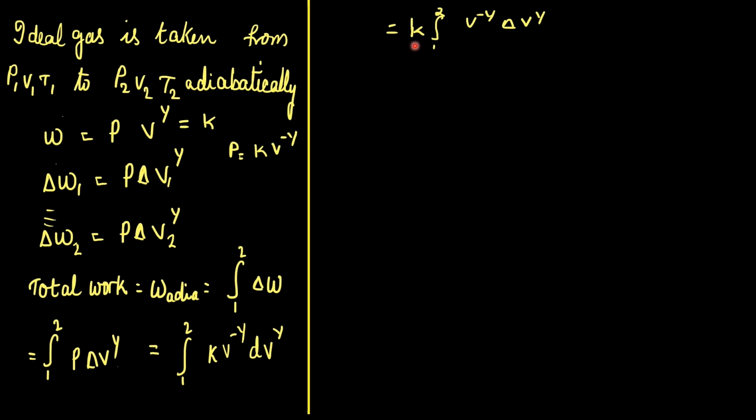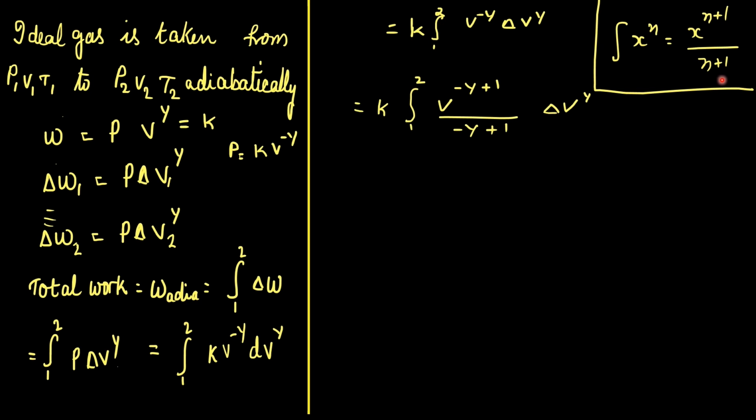K is a constant, so it need not be integrated. It is taken out. Then the rest is integrated. So integrating V raised to negative gamma delta V raised to gamma, limit 1 to 2. Now we use the formula. Integrating x raised to n is equal to x raised to n plus 1 by n plus 1. So applying that, we will get k integrating, x raised to n being V raised to negative gamma,